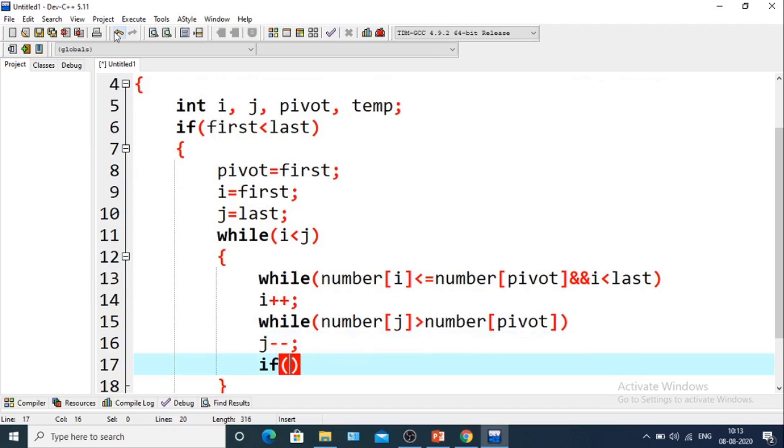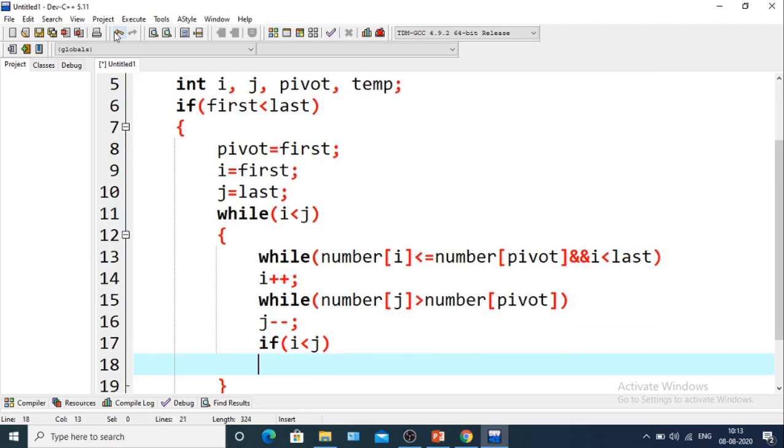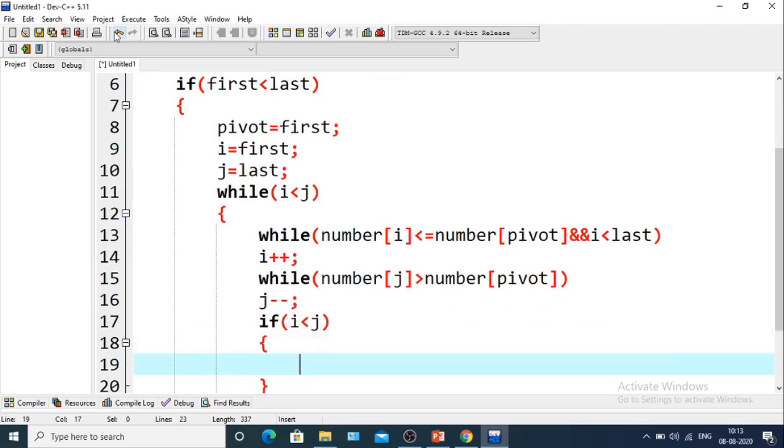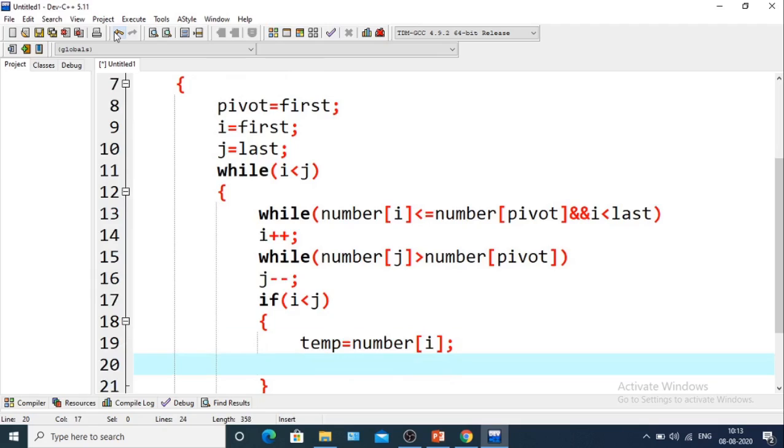So now if i is less than j, then we can say that temp equals number of i. We're doing the swapping here. We are storing the value of number of i in temp.